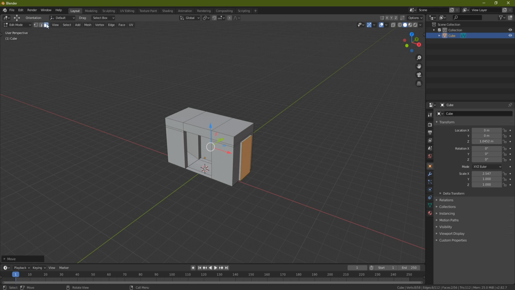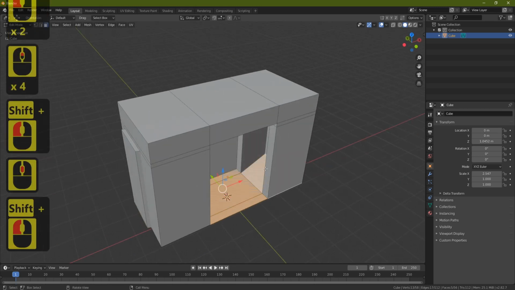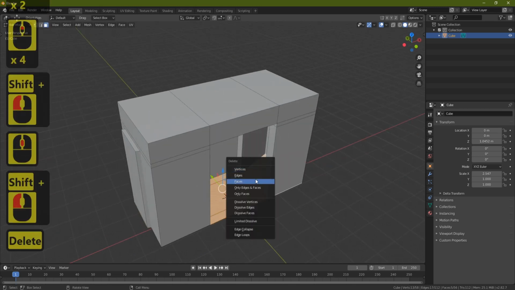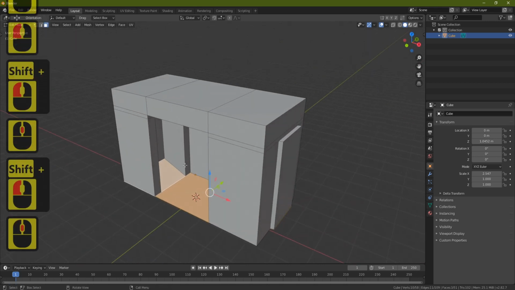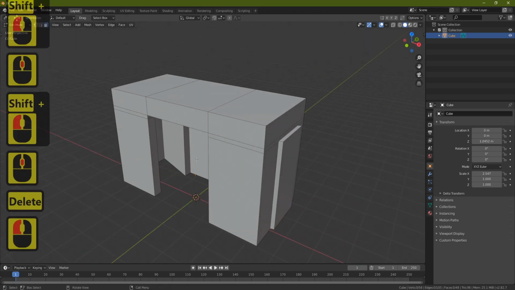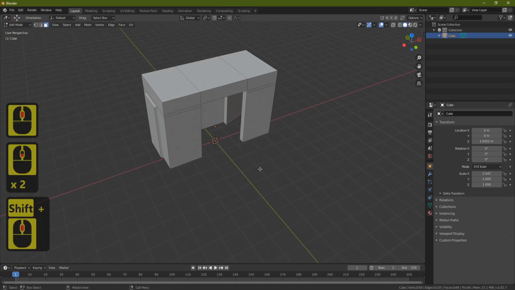Now let's clean this up a little bit. So what we'll do is we'll go to face select and we're going to grab all these faces here. So we're shift clicking and we're going to delete faces, and we're going to do the same on these as well, because we're going to put some planks of wood in here, so we don't actually need these faces here. Okay, so now let's start with our planks of wood that are going to be on the front of our